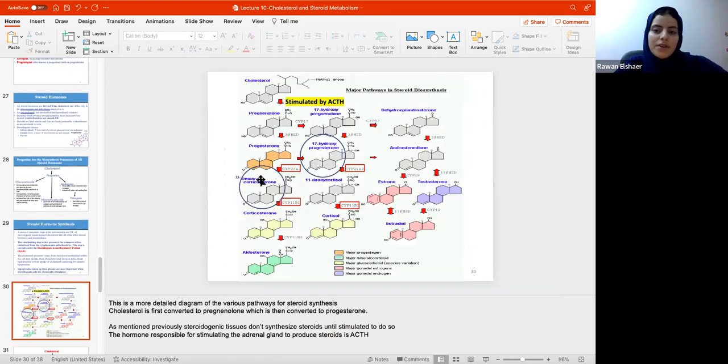Okay, so this is a very detailed pathway for how steroids are made. You can see here we have cholesterol. Okay, let me see. No, I don't like this one. Okay, I'm just,